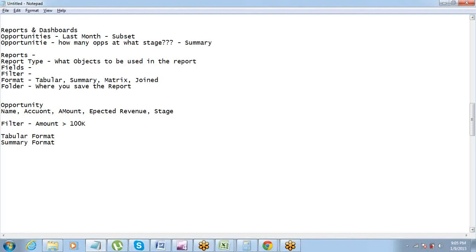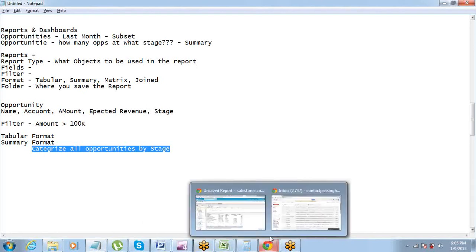For example, this opportunity report that we just did, if I am asked to categorize all opportunities by stage, this is something which I will have to do using summary format, okay? So my management wants to know under which stage how many opportunities I have, or what is the total amount of all the opportunities under which stage. That is where we will use the summary format. So how summary format is used, let's see.